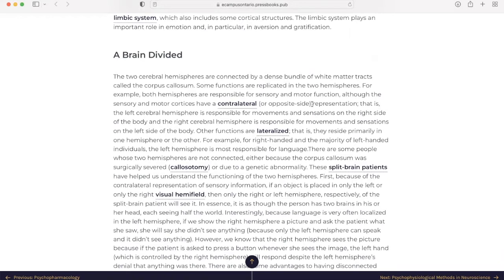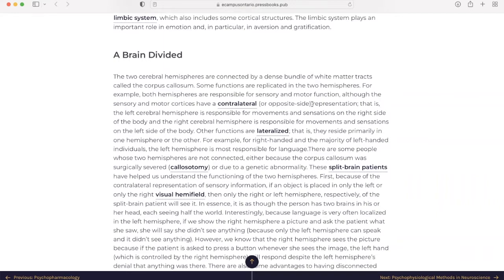The 2 cerebral hemispheres are connected by a dense bundle of white matter tracts called the corpus callosum. Think of it as a little bridge between the 2 sides of your brain. That's how I kind of look at it. So these people who are born this way